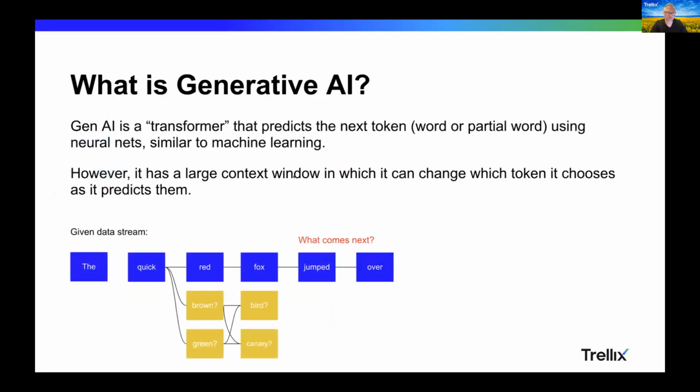All right, so the main thing we want to know about though is generative AI. And this is similar, it builds on machine learning. The neural networks, all those kinds of things actually come out of machine learning. But what's different in generative AI is really how that's applied. So it's a transformer and it's predicting the next token. So we saw prediction in machine learning, but this is a far more complicated version.